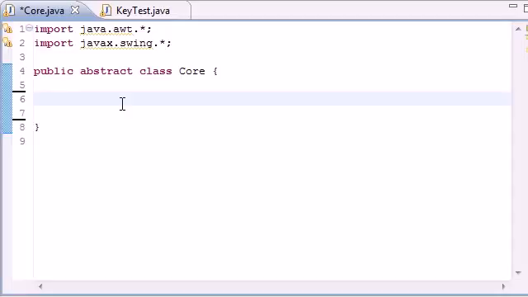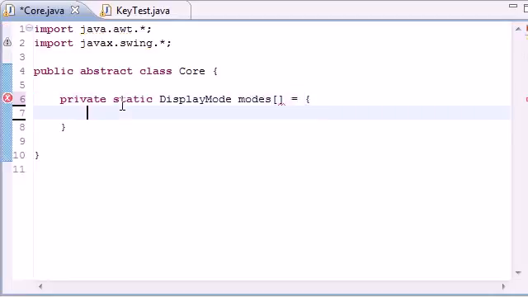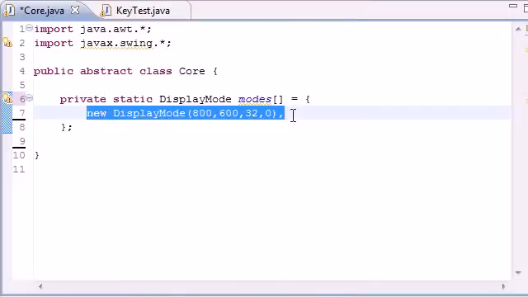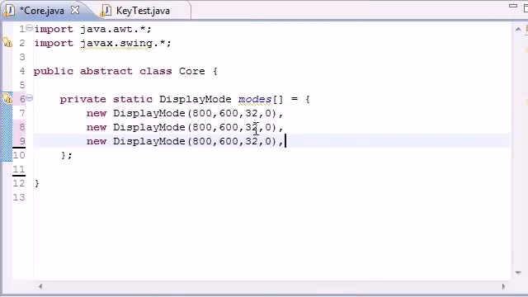I name mine Core because then I'll know what it is. Private static DisplayMode, name it modes. This is going to be your display modes. Let me go ahead and end that right now and put new DisplayMode, and the first one will be 800 by 600, 32-bit and 0 refresh, and that's a comma, not a semicolon. And let's just go ahead and copy this 3 times, and these are going to give you your display modes. So this is going to be 24 and 16,